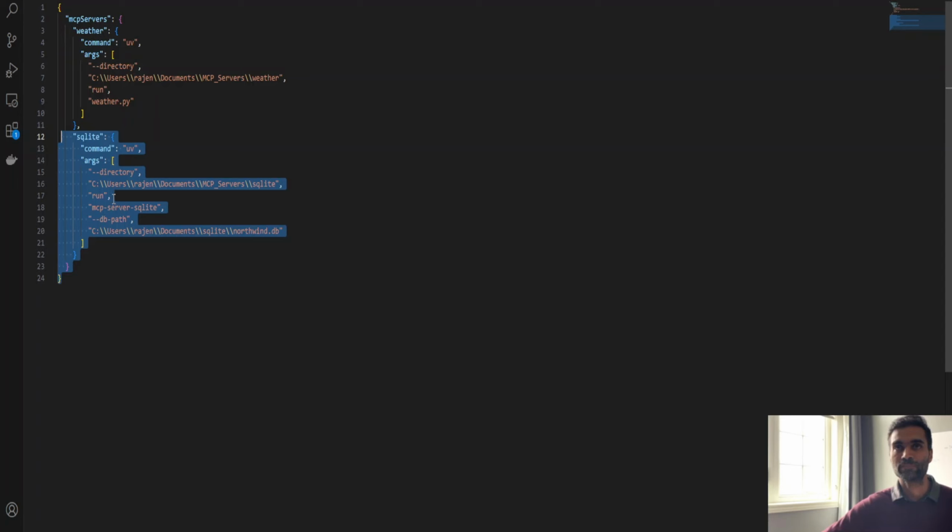So for SQLite, these are the arguments you have to give: the directory where it resides, and then the actual code of that MCP server, and then the DB path, so where actually you have the database file. So in this case, I have SQLite database file. It's Northwind database. I will share both the configuration as well as the DB file, so that you can play around with it. So now this is a simple JSON file where you can have the settings in Cloud, and then if you go to Cloud,